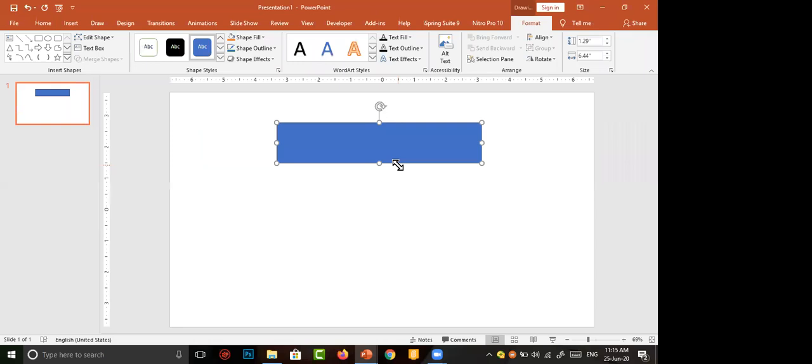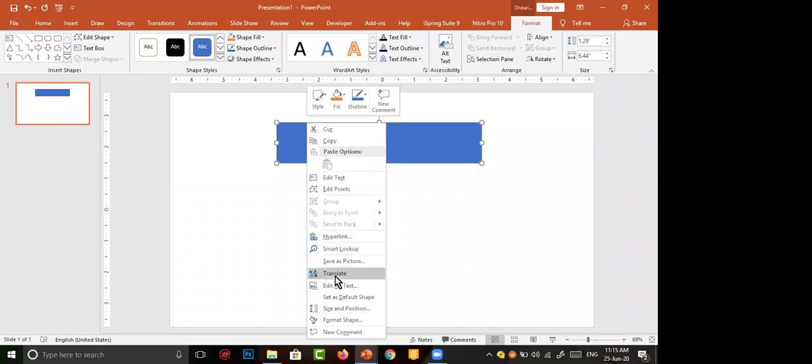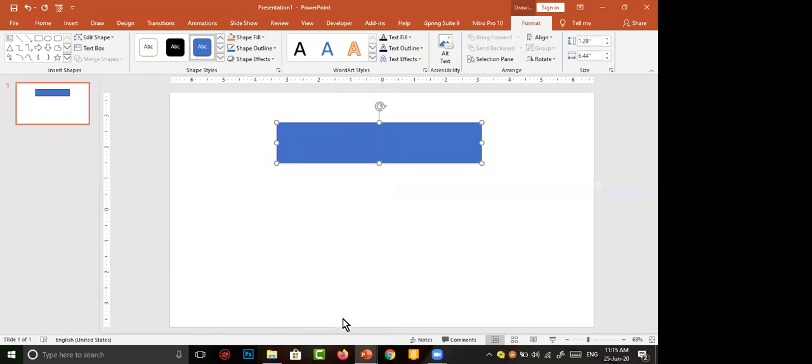I want to design this rectangle. So I am going to change its color. To change the color, we have to select the shape, then go to format, then shape fill. Otherwise, the same thing can be done in another way: we can select a rectangle, then right click on the mouse. It shows format shape at the bottom. I move to format shape.